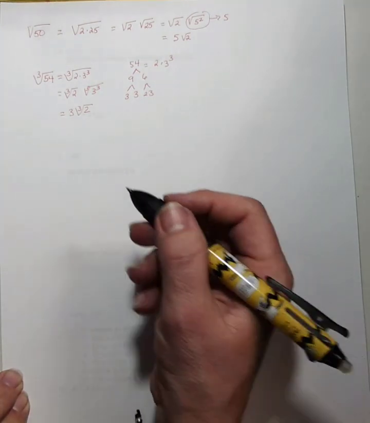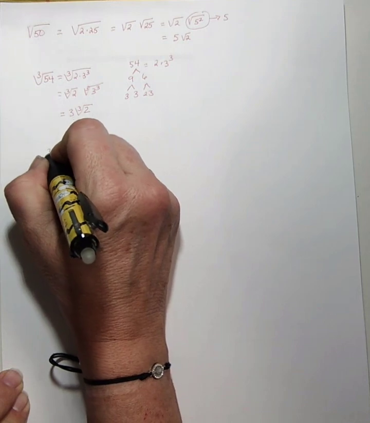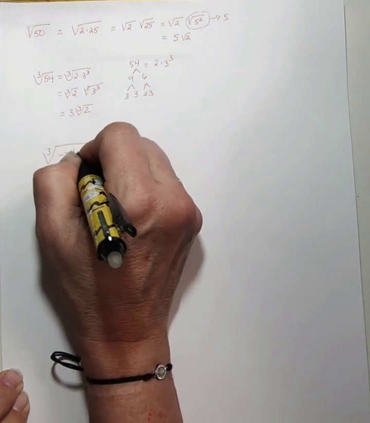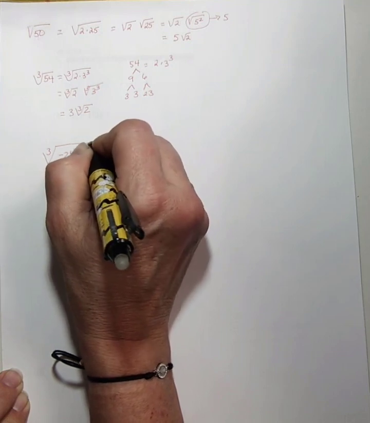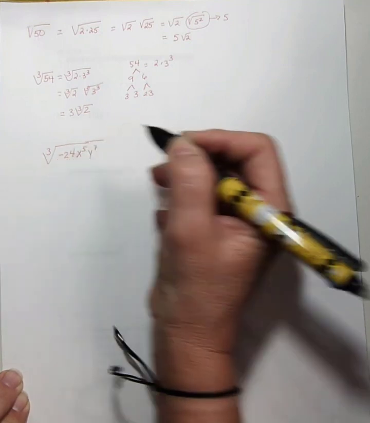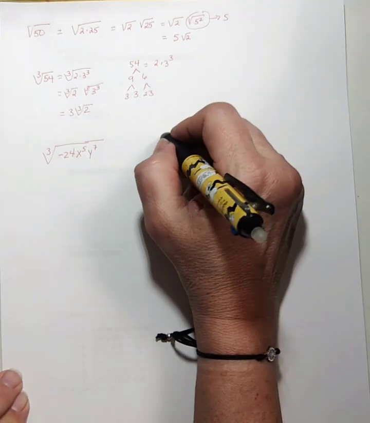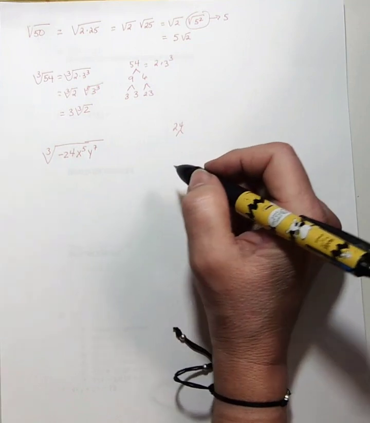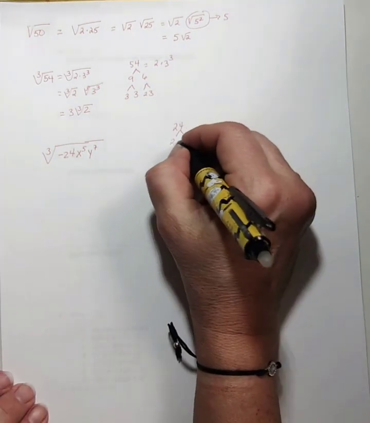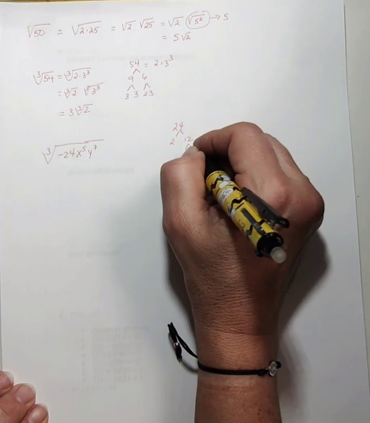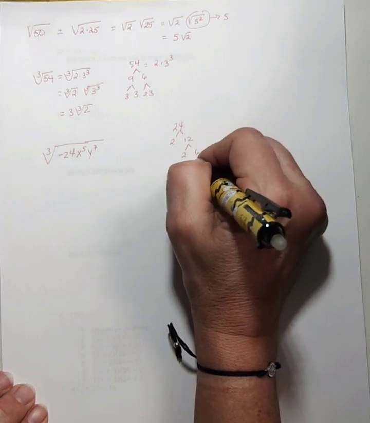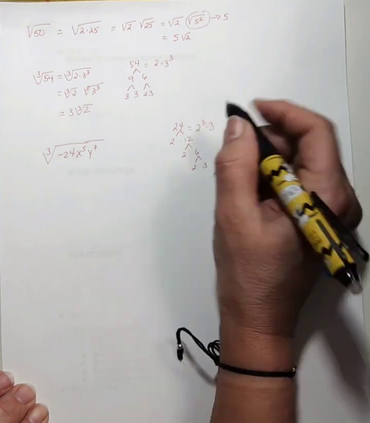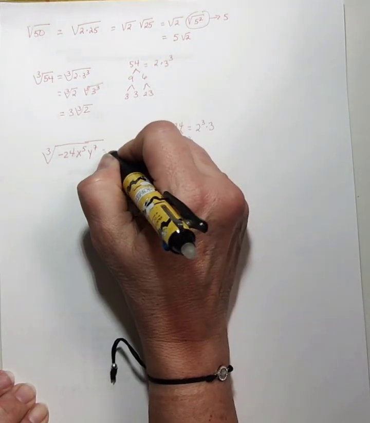What if I had something like the cube root of negative 24, x to the 5th, y to the 7th? Well, I would first work with my number 24, and see how I could rewrite that in its prime factors so I can see where the powers are. So it's 2 times 12, 2 times 6, 2 times 3. So 24 is 2 to the third times 3. So I could rewrite this as